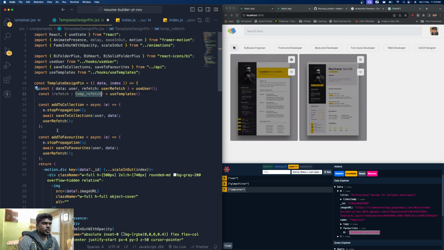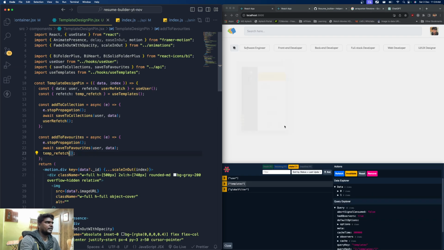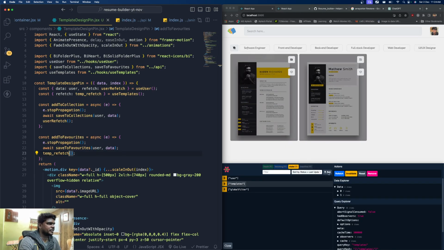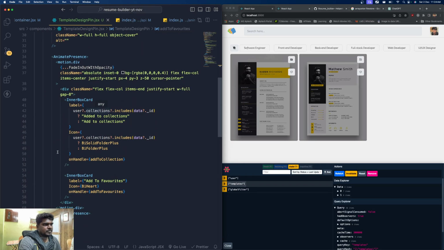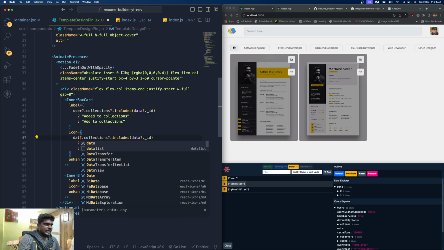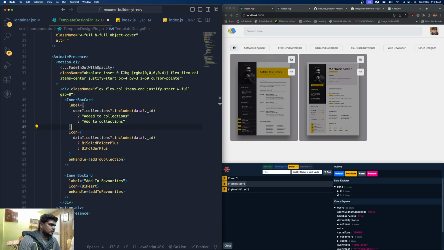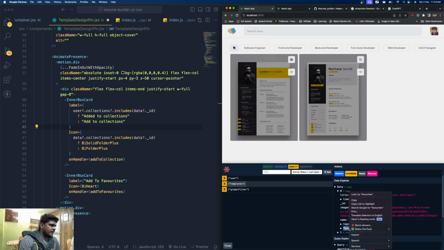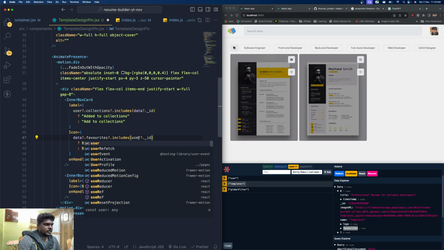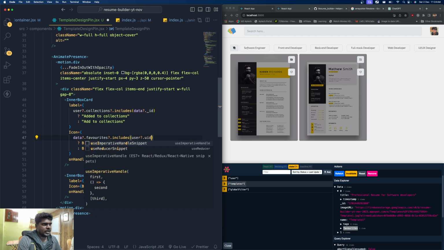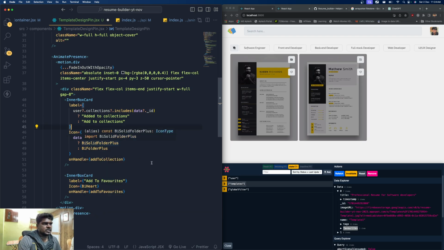So I'm just going to copy this refetch data right after here. That is going to, every time it's been updated, refresh that data. And in the same way over here, I'm just going to check if the data dot favorites array includes user dot UID, which means, oops,